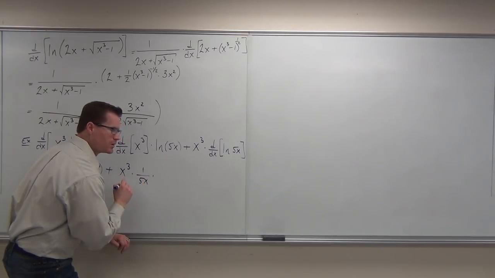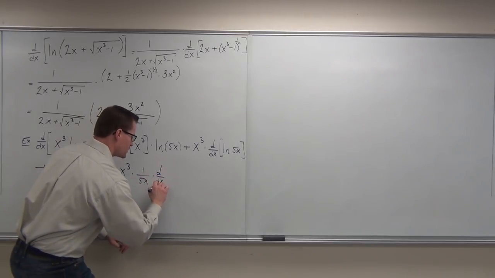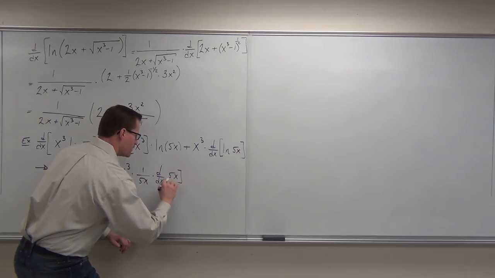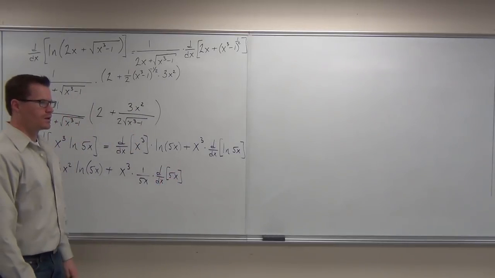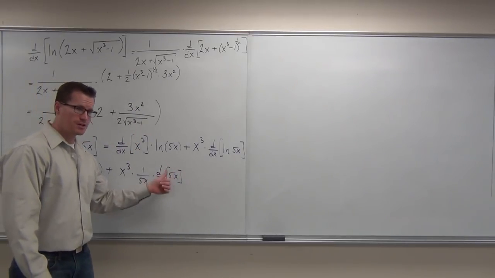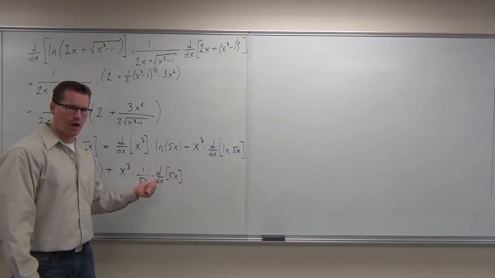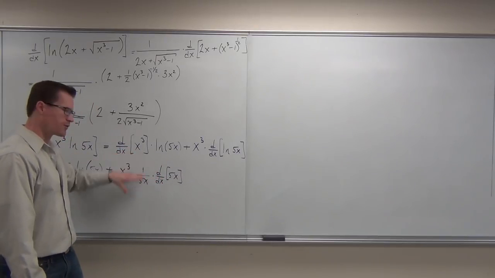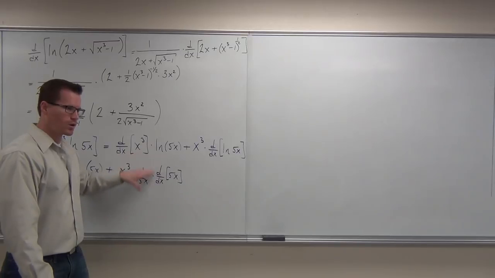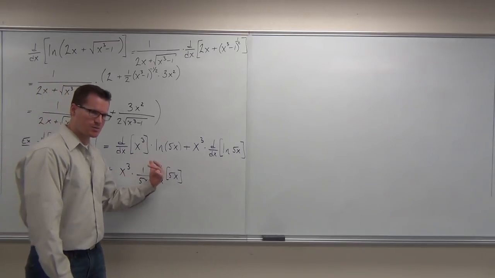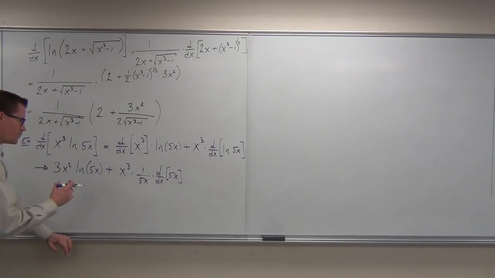Times, sure, I'm going to show it right now just so we get used to doing that. Times the derivative of 5x. Some people forget to do this. If you forget to do this, you can change your problem a lot. You have a 1 over 5 instead of 1 over x. Okay, you have something different here. So